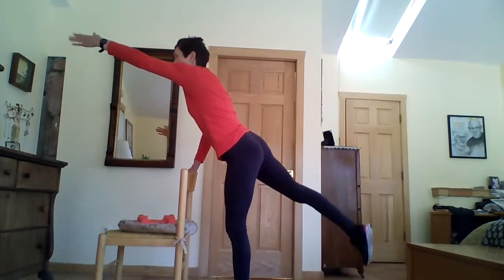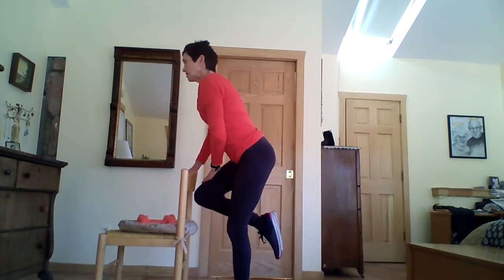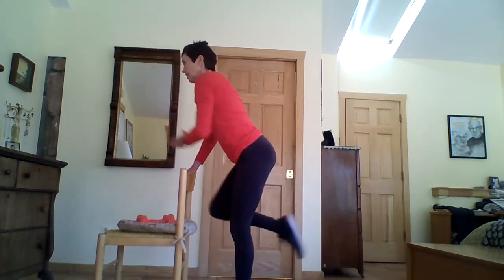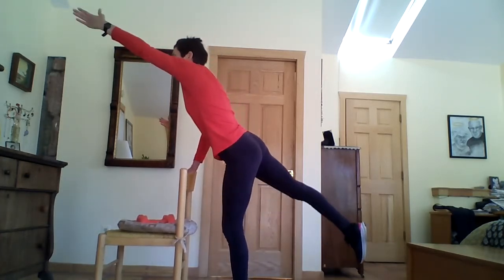3, I'm going to call this bird dog standing. 4, 5, 6, my standing leg has a little bend in it. 7, 8, 9, one more, 10, hold,